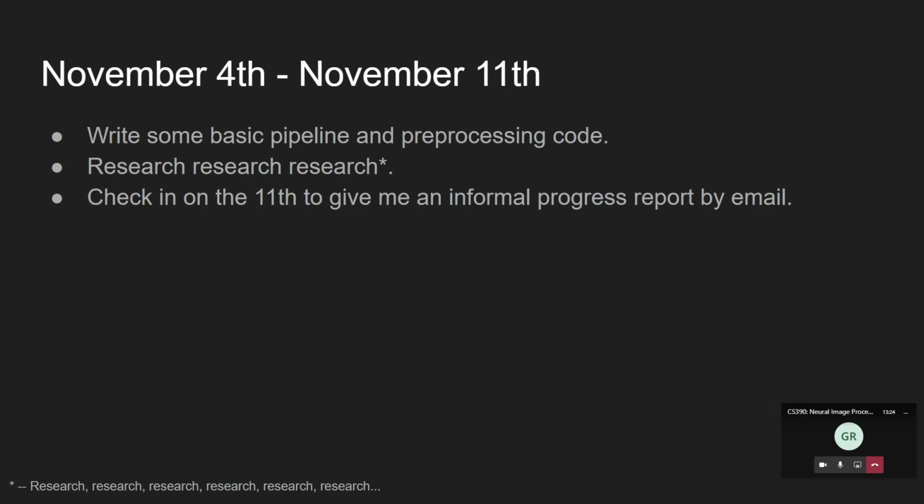It doesn't need to be as much actually building a model and fine-tuning as it is trying to understand what you're doing and getting the information you need. That should be pretty extensive as well, which is why I have the asterisk here. There should be lots and lots of research so that you know exactly what you're going to be doing once you start coding. And each of these Wednesdays,